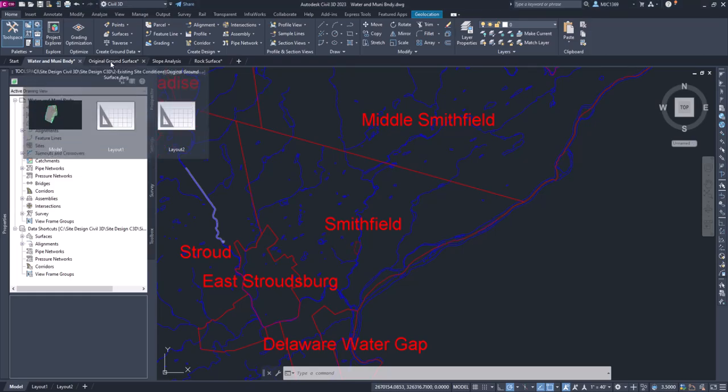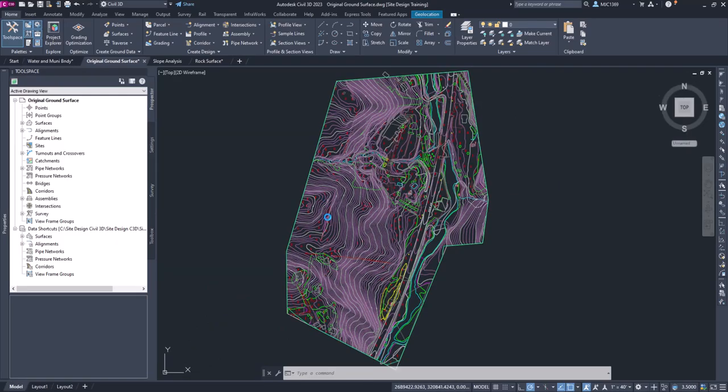We then got into working with the original ground surface. Now, this is going to depend on the data you have. You may already get from your surveyor a surface, and maybe that comes in the form of a LandXML file. But in this case, we've got really the raw CAD data that came from an aerial survey firm. They flew the site, they provided us with a CAD file of where the trees and the spot shots and the roads and buildings are, as well as the contour information. But we needed to turn that into a surface object,